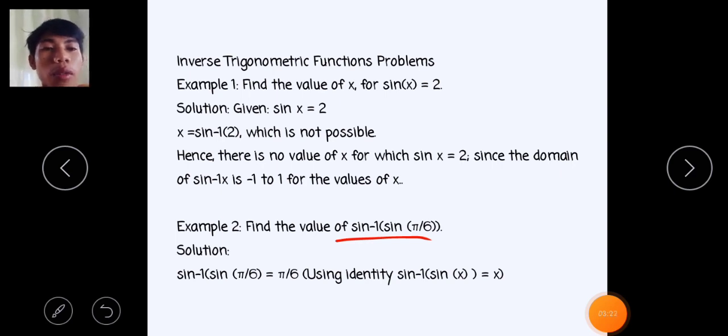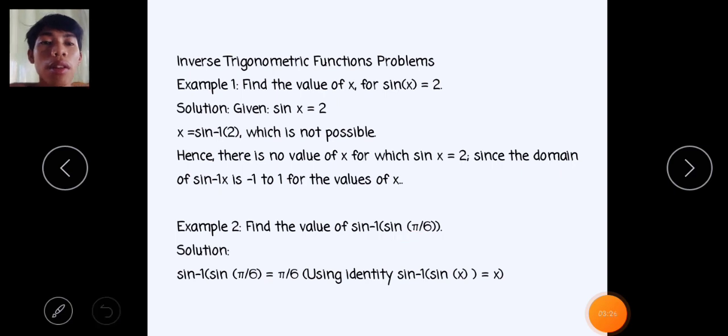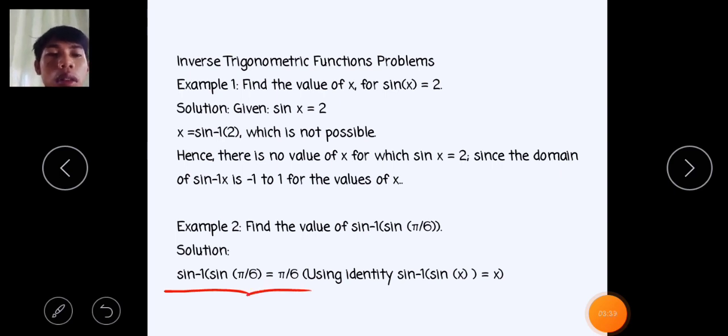So we're going to find this inverse trigonometric function. So the solution: arc sine of sine of pi over 6 is equal to pi over 6,